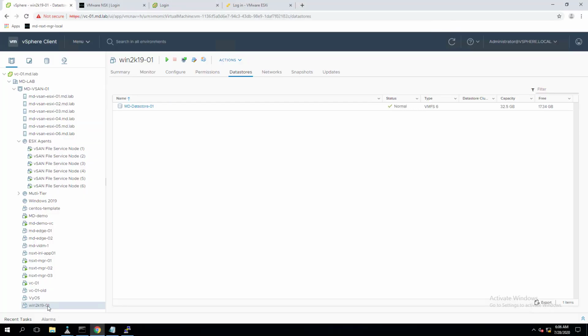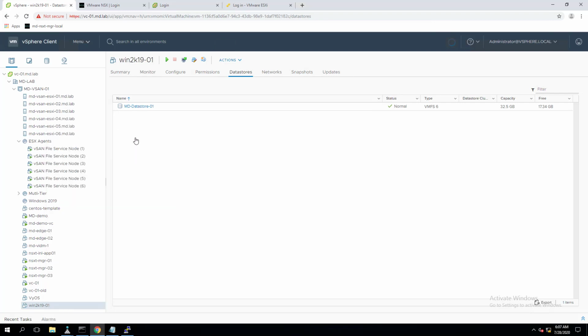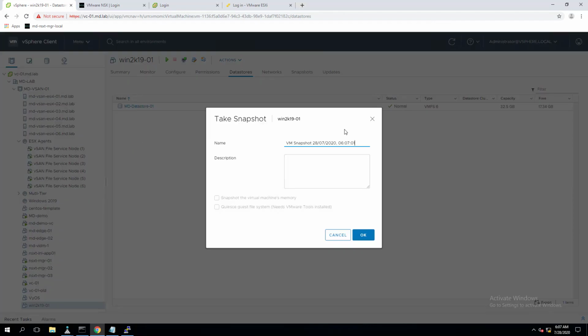Let's take a snapshot and understand where these snapshots are getting created. I'm going to delete the default snapshot name here and enter a snapshot name.